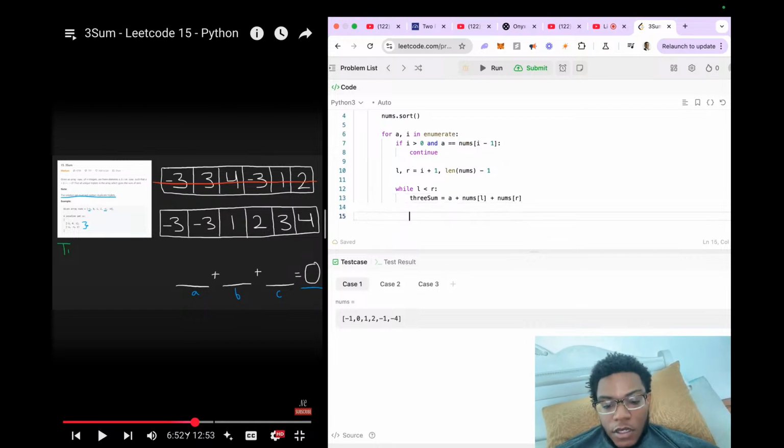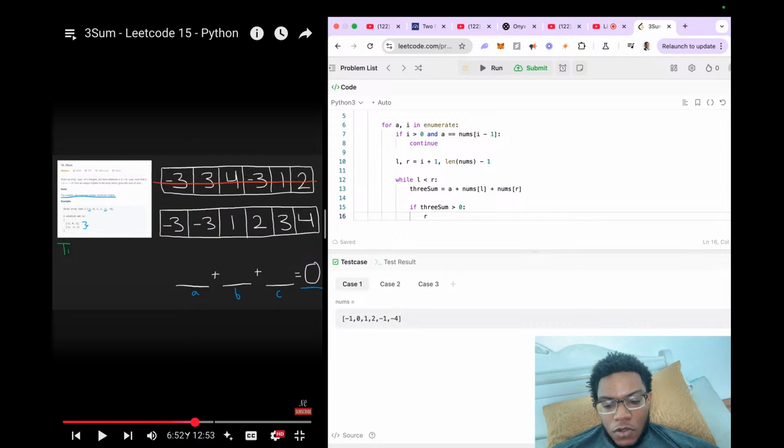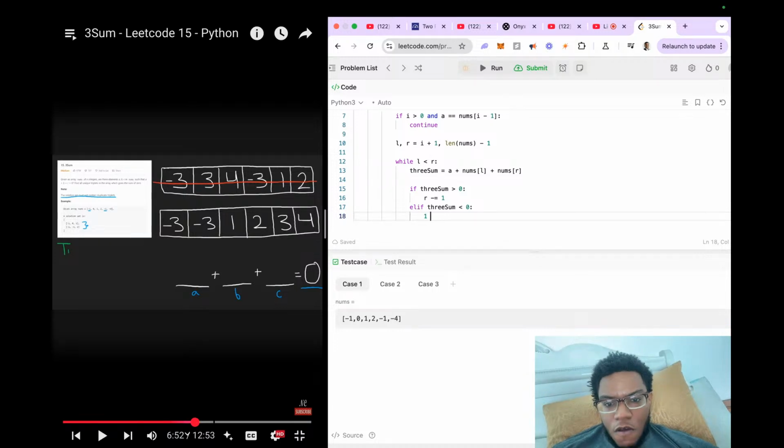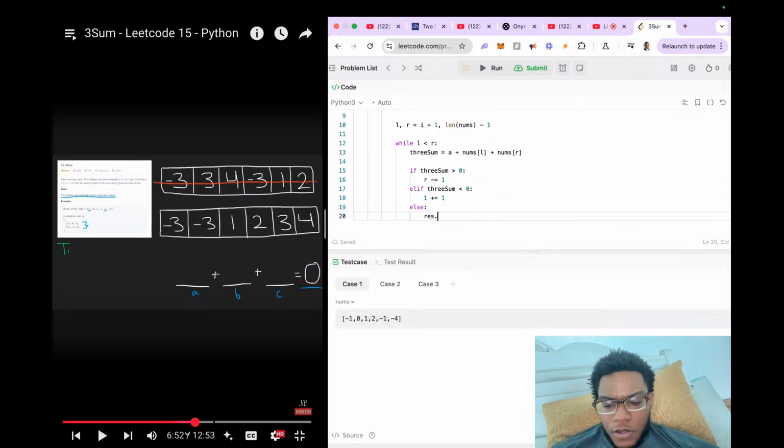And now we'll just say if three_sum is greater than 0, right minus 1. If three_sum is less than 0, left plus 1. Else, res.append